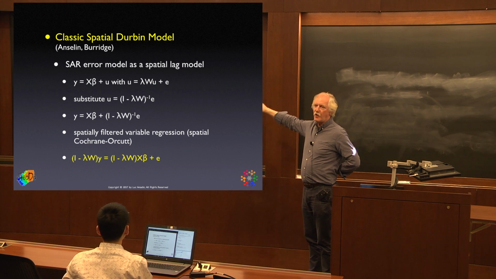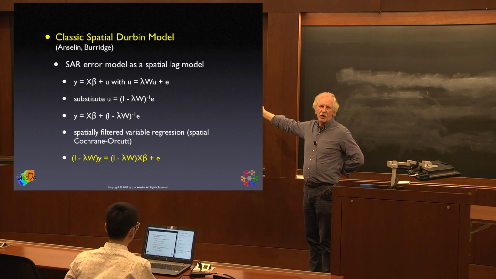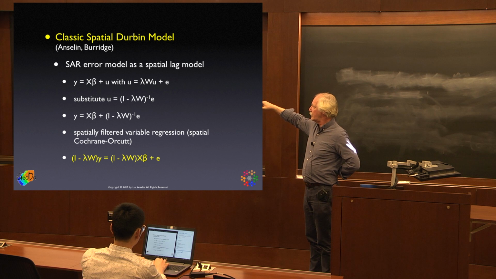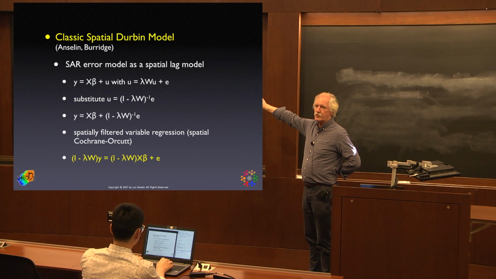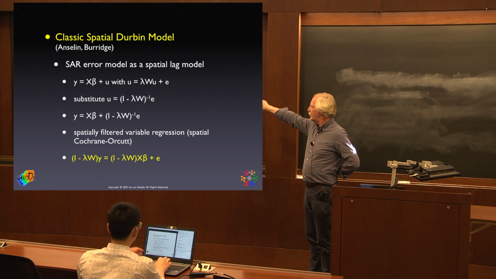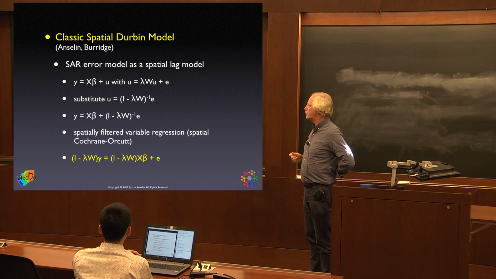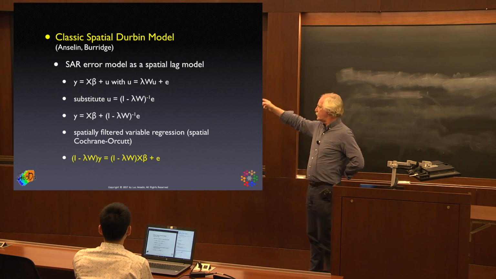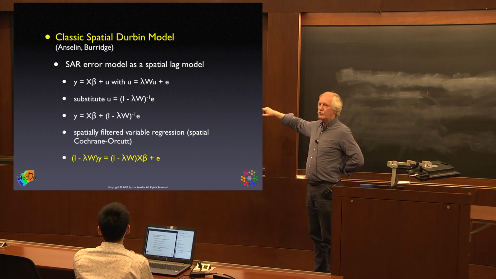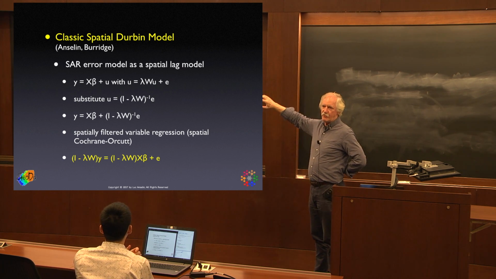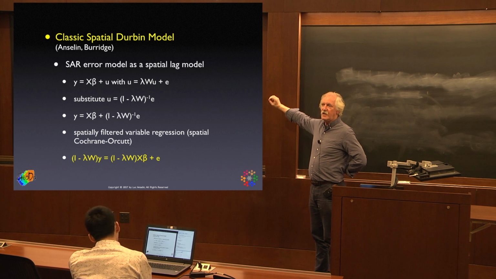And the error term follows an autoregressive process. So the error term is lambda Wu plus an error term. So we use the inverse to plug that new error term into the original specification. So we solve for u, we get u is I minus lambda W inverse times this error term,